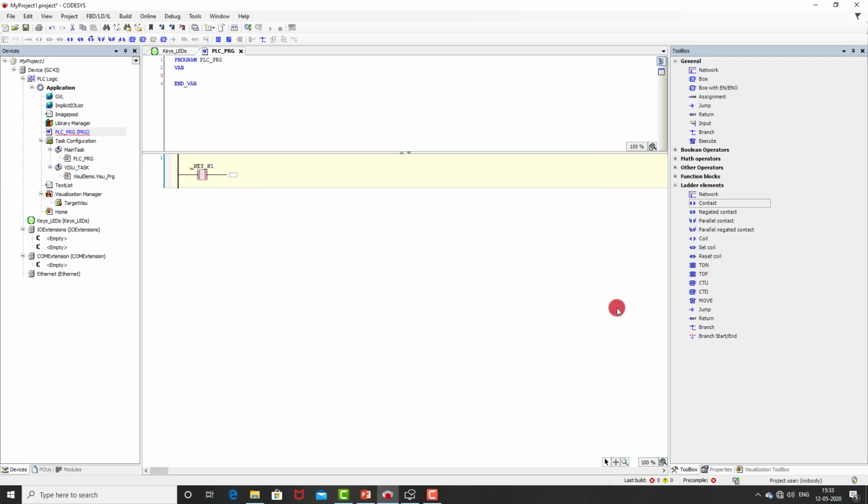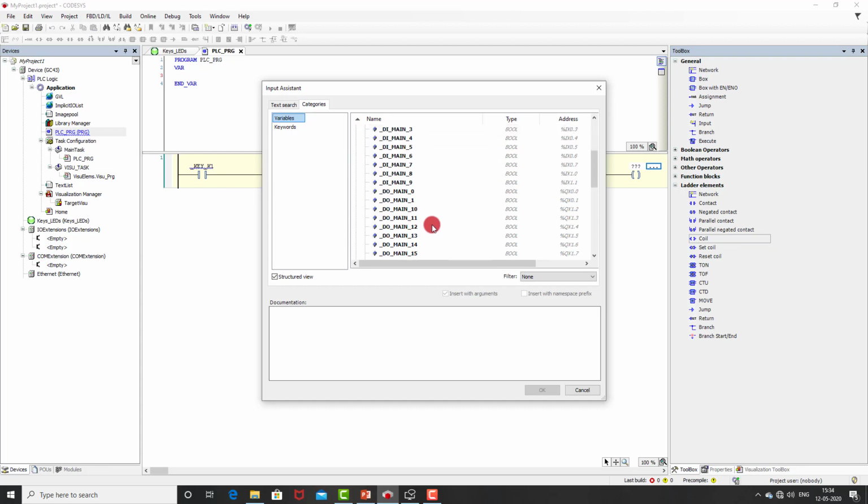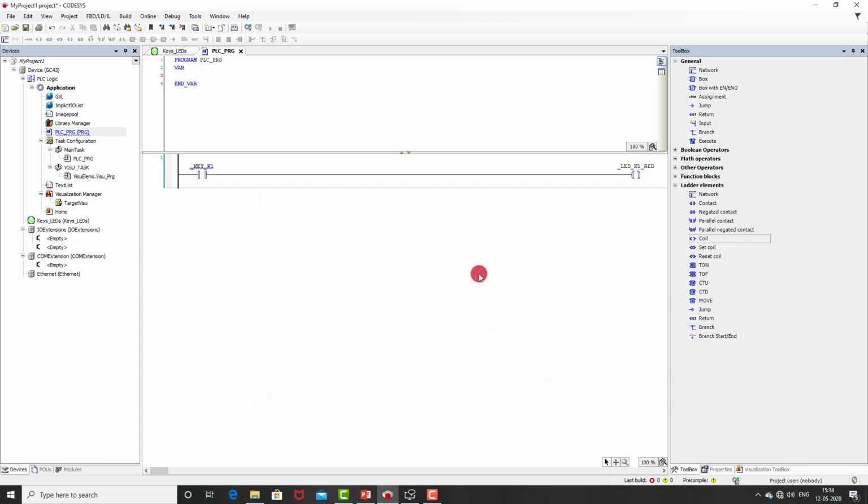Now, we will add coil for red LED of K1 key. Drag coil from toolbox and drop it to working area. Select LED variable from the list. This completes our first task of turning on LED when key is pressed. Now we will add parallel contact for testing key. Drag contact from toolbox and type in variable name,